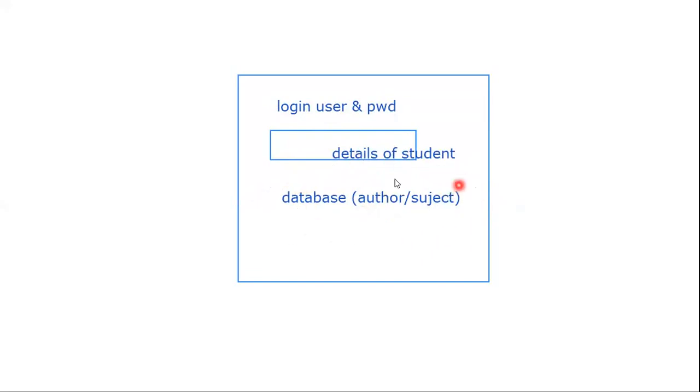Once you enter the library software, you can enter the name of the author, the subject, or the title of the book. Once you enter the title, you will get the book number. When a book is admitted in the library, each book has a scan code, or barcode, or some number. Depending on that number, the librarian will find the book from so many racks and give it to you. This is how the library system works.